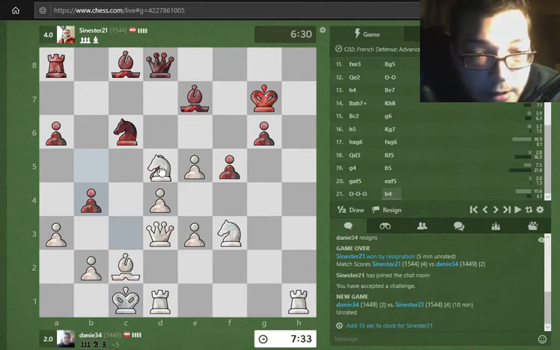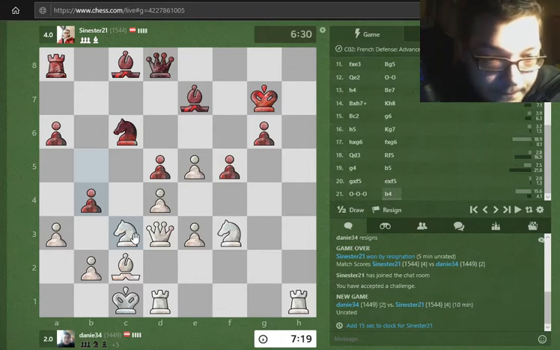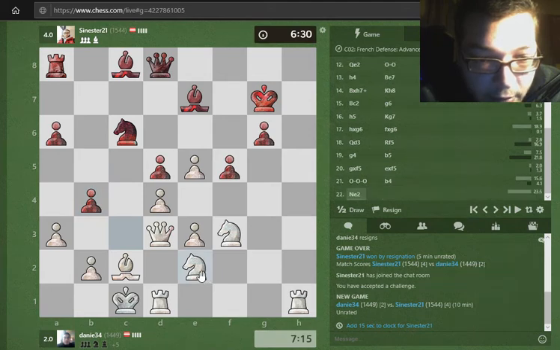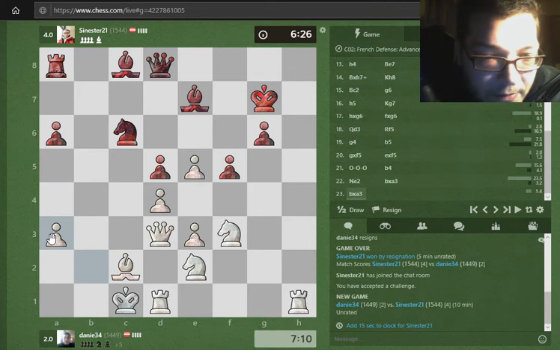Knight grabbing here. Not sure. Do I need the knight? That's the question. Do I need the knight? Do I need the knight? Or should I just remove it? Yeah, probably going back here with the idea knight f4. Grabbing that. Yes,